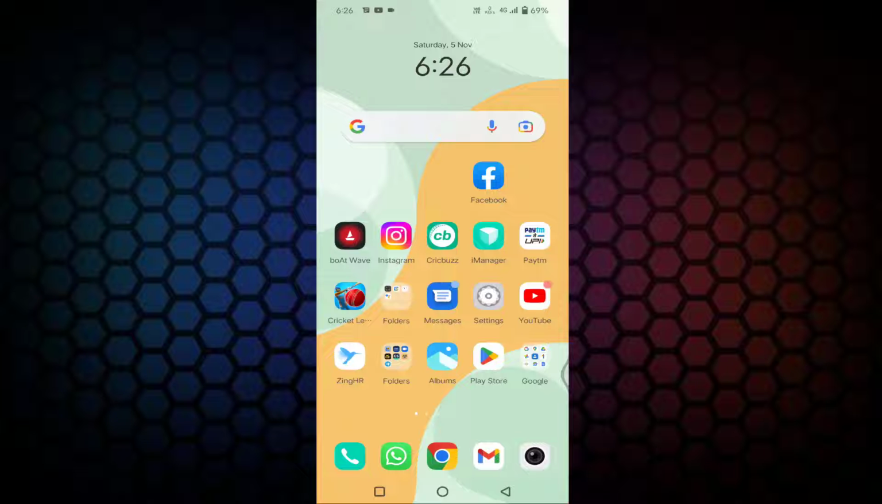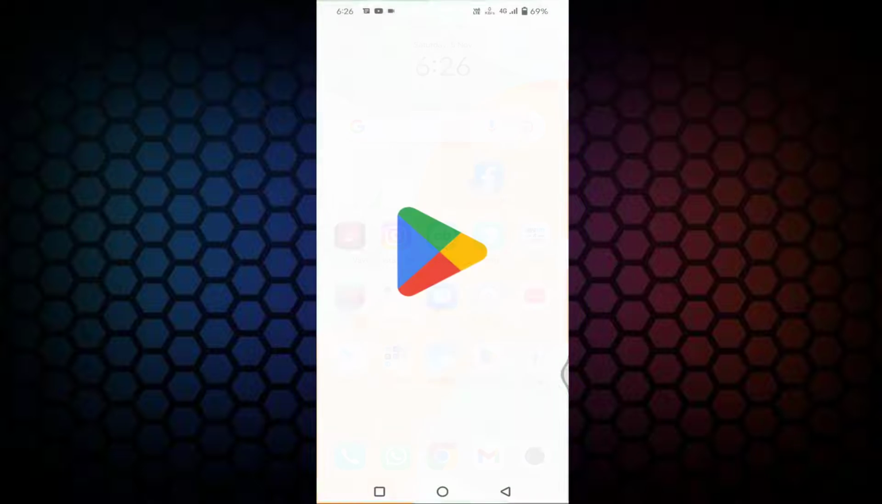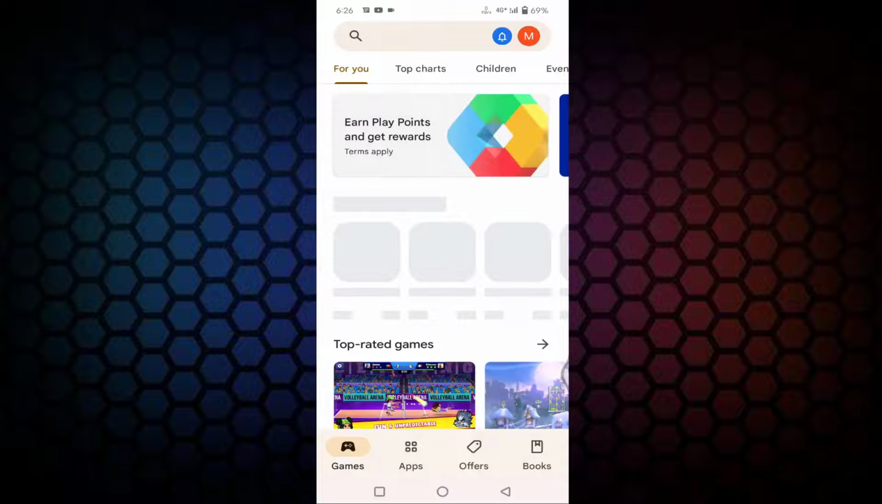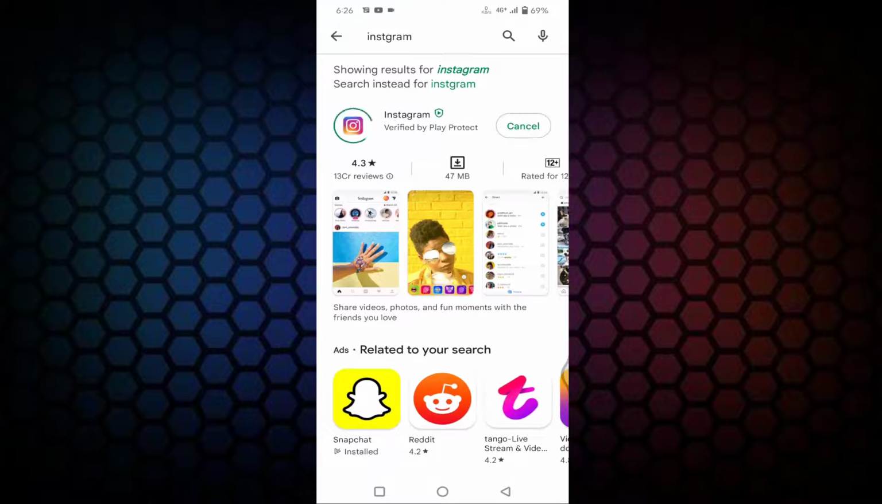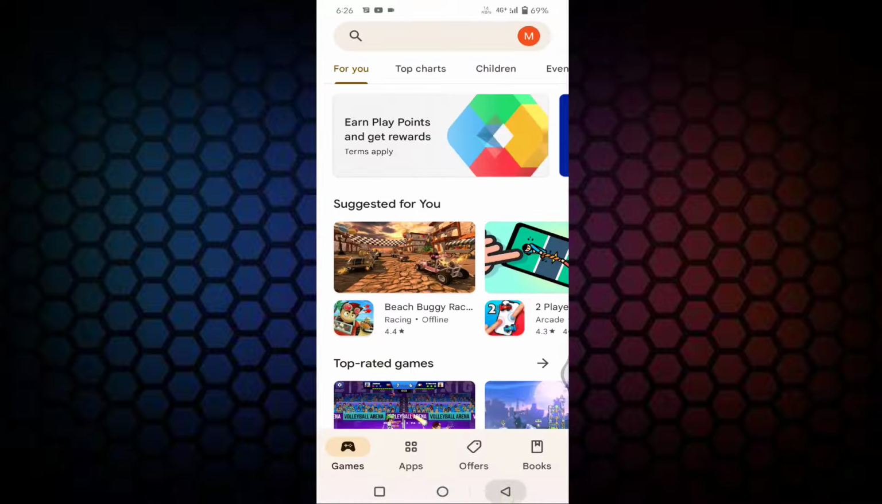Guys, if you are unable to log in to your Instagram app, then I will show you how to fix this issue. First of all, you need to open the Play Store. Just tap on the Play Store, then search for Instagram. If your Instagram is not up to date, then update it from here. After updating the Instagram app, then go back,